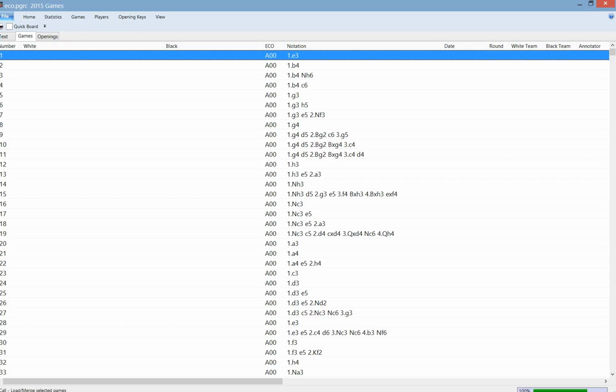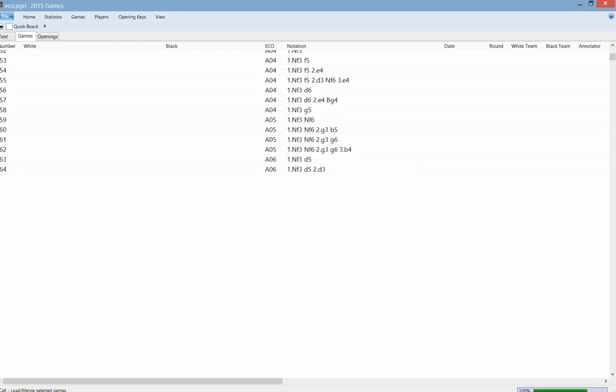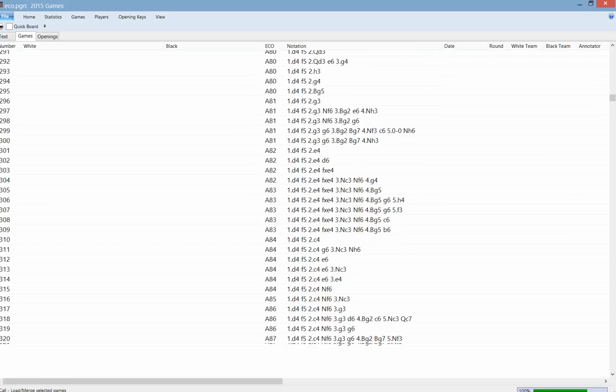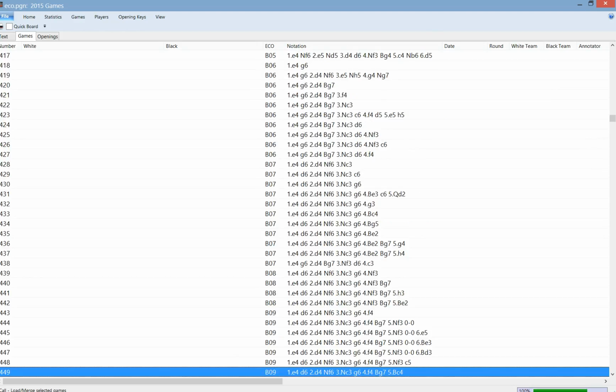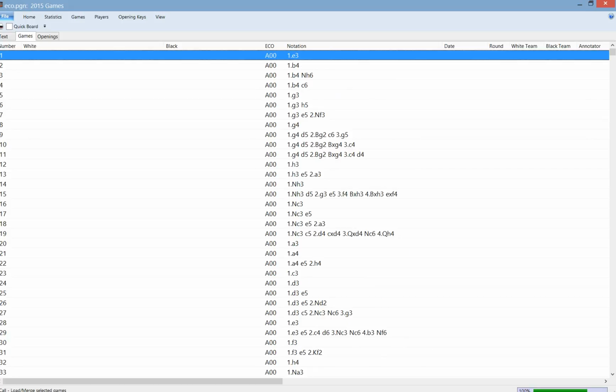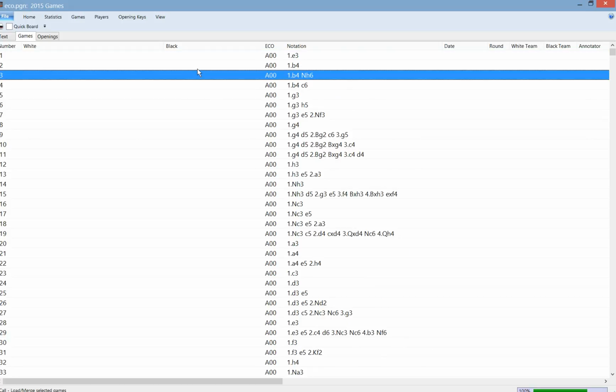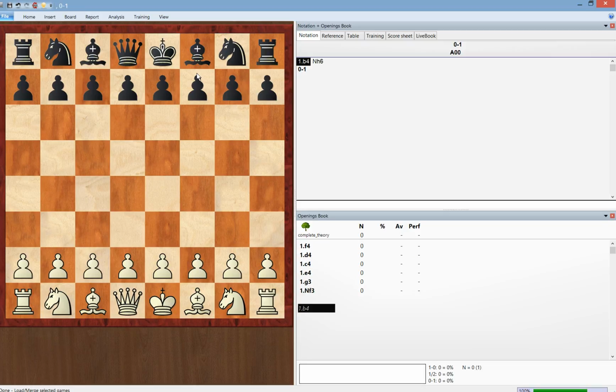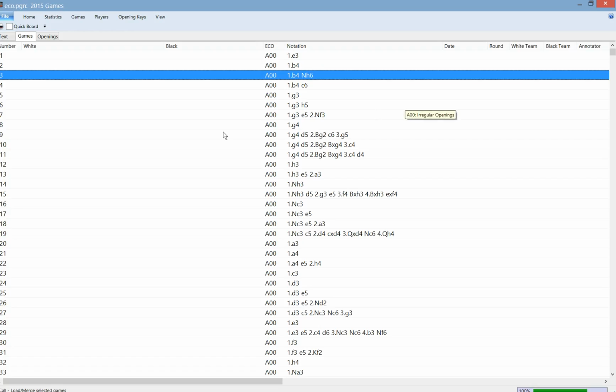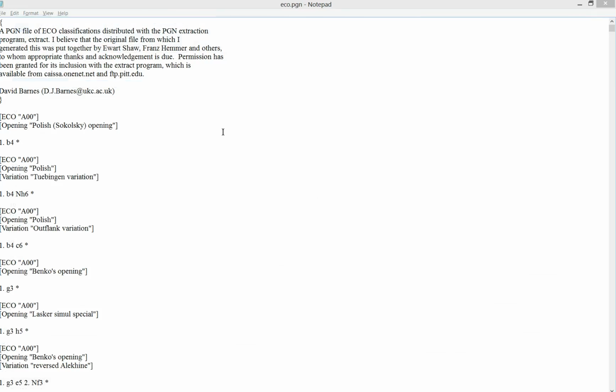If we open this up in ChessBase, unfortunately you can't really see the names of the variations, and it doesn't look very helpful in that sense. It does have the ECO index, so that's great. It has the moves. You can open up anything and see it here, but that's not what we're looking for. So I suggest that instead we go back to Notepad and replace